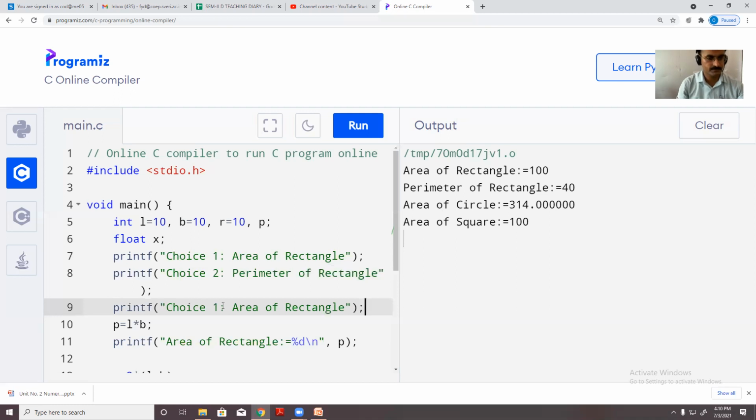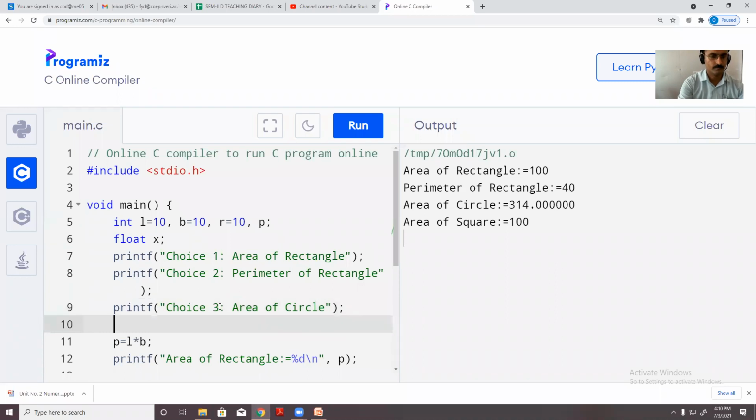Choice 3, area of circle. Choice 4, area of square.